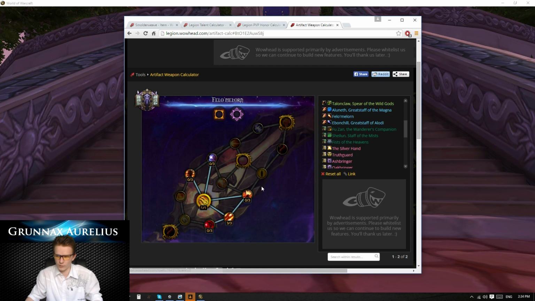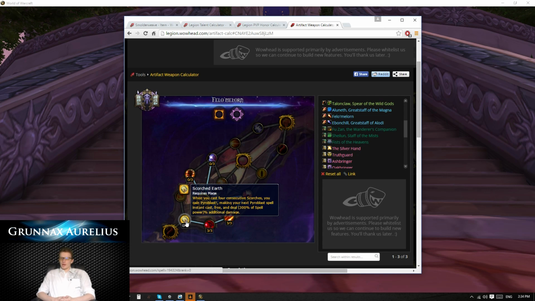A lot of the talents in this weapon are obsolete and probably almost useless because you're not going to be using them. Increases the damage of Ignite. Good. Useful. Scorched Earth. When you cast 4 consecutive Scorches, you gain Pyroblast, making your next Pyroblast spell instant cast, free, and deal an additional 300% spell power as additional damage. Because we're not going to be casting Scorches, although it may be interesting in certain situations where you need to open up with a big burst and guarantee that first Pyroblast at the start of the fight. Getting 4 Scorches off in a row, and I'm wondering if that 300% increased damage will apply to Greater, being a 900% Pyroblast. And assuming that the Phoenix Flame stacks even higher with those flame orbs,